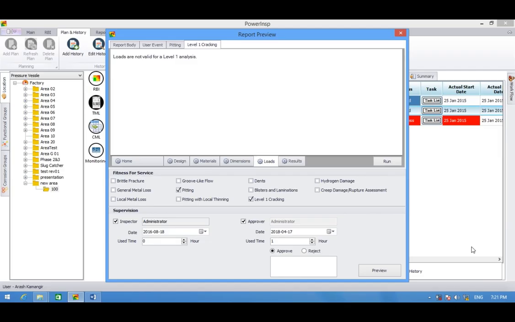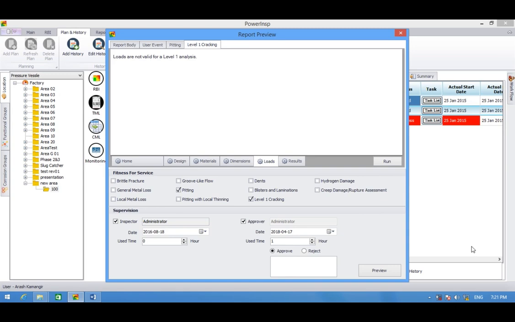However, as you saw, the procedures are very simplified in the software, so a user can easily do level 1 and level 2 assessment for most damage mechanisms, except for cracking, for which only level 1 is provided,